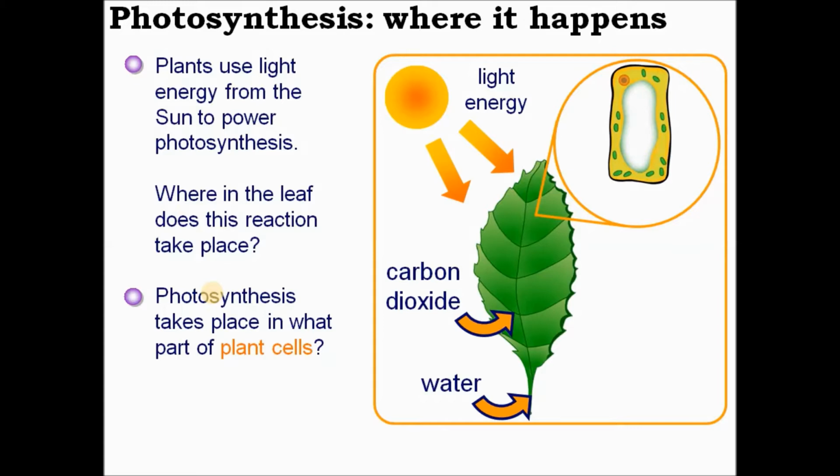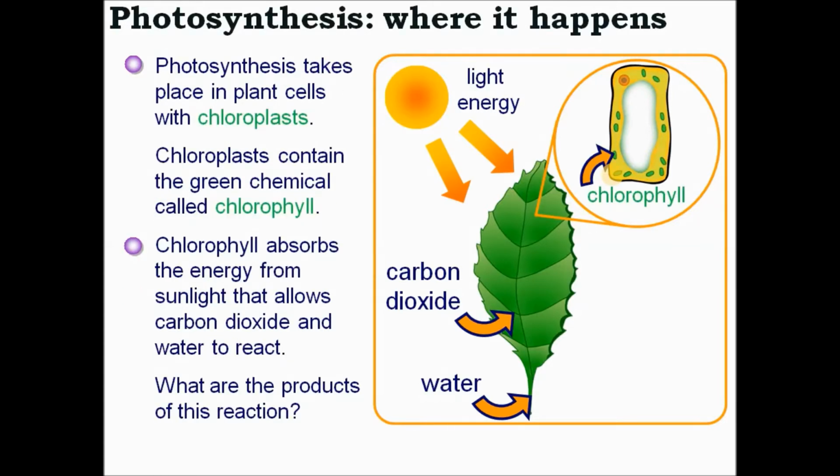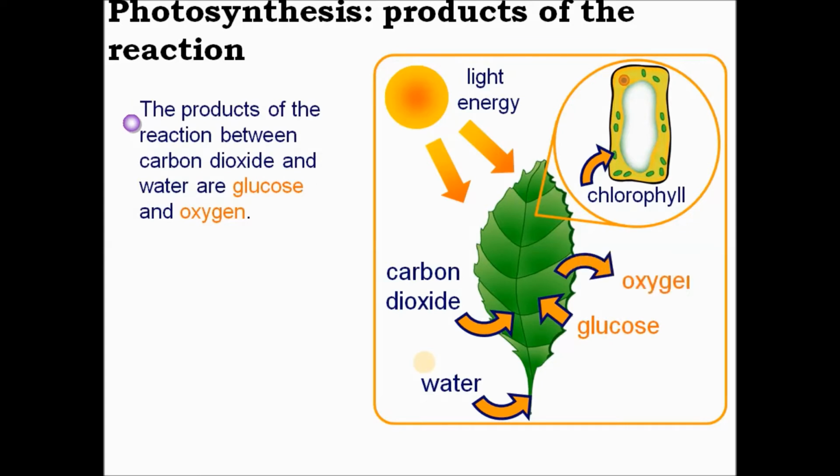If this chlorophyll is absent in the plant, then the photosynthesis reaction is not going to take place because there will be no organelles in the cell which are going to trap the sunlight and convert it. This green color pigment which is present in the plant also gives the color to the plant, and that's why the leaf or the plant appears green in color due to the presence of this chlorophyll. So the combination of carbon dioxide and water will take place in the presence of sunlight, and therefore this process is termed as photosynthesis. Let us see what are the products that we obtain during this photosynthesis reaction.